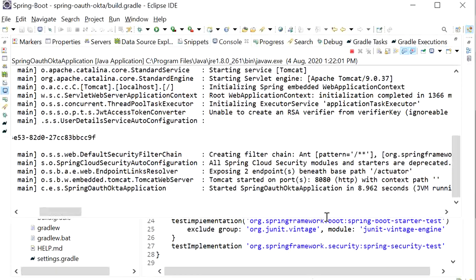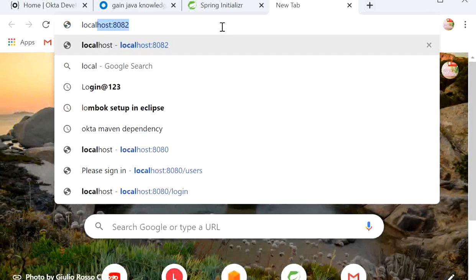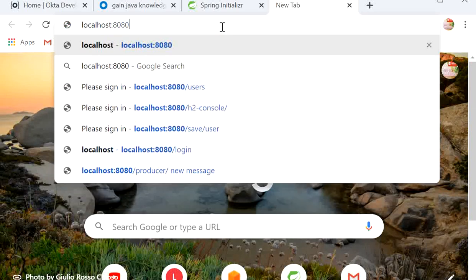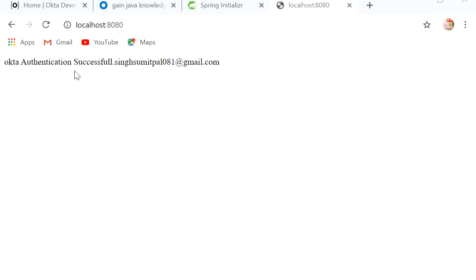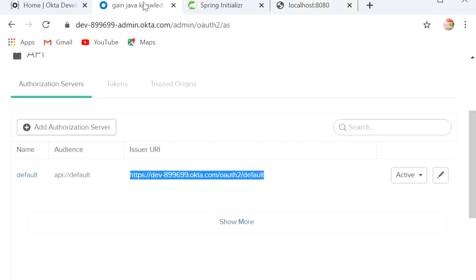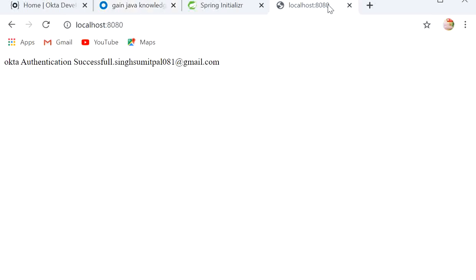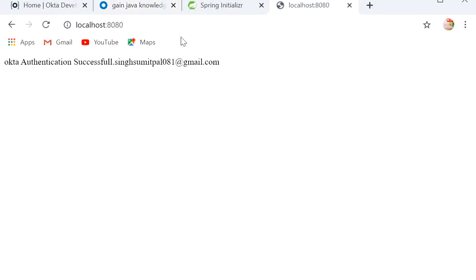It started at port number 8080. Now we'll go to the browser and call localhost:8080. Here we can see the Okta authentication successful message, and this is our email ID that we defined in the message controller. It's not asking us to enter credentials because we have already logged in to Okta. If I log out from here, sign out, and hit this REST endpoint again,